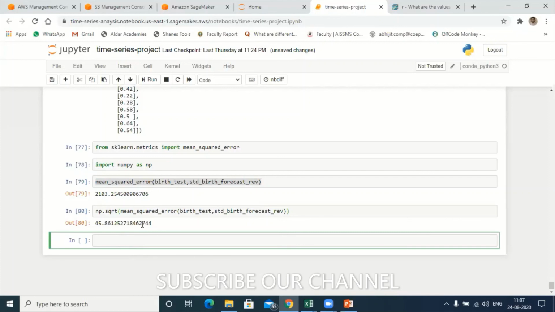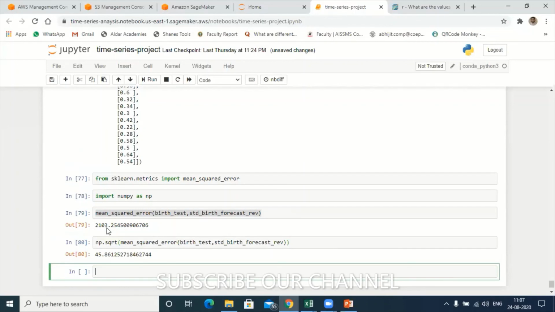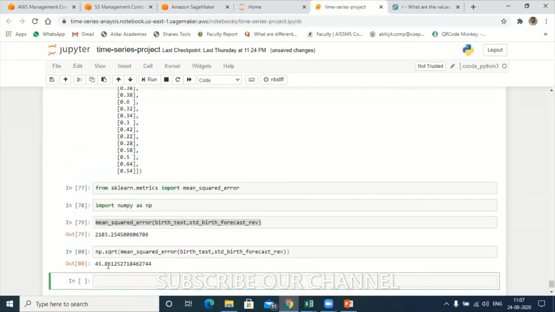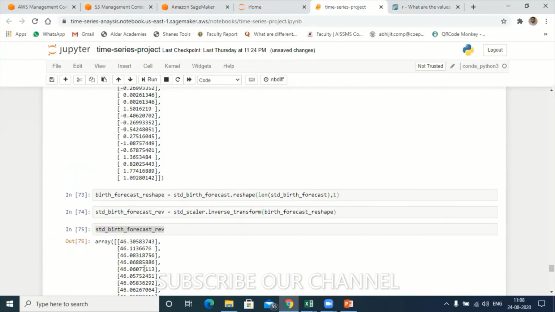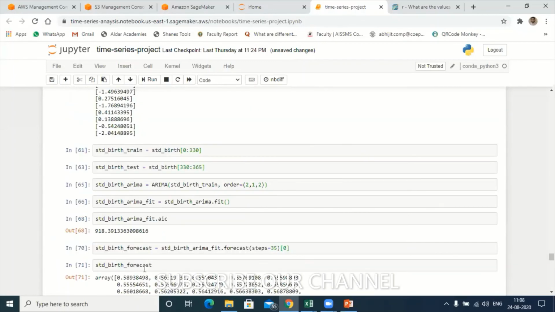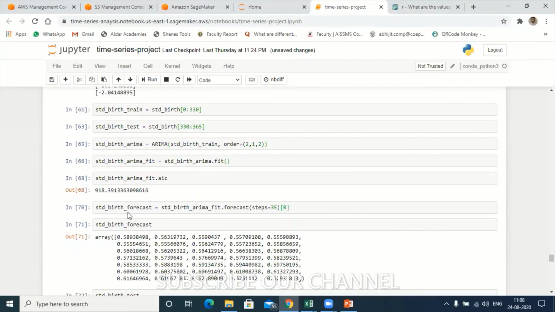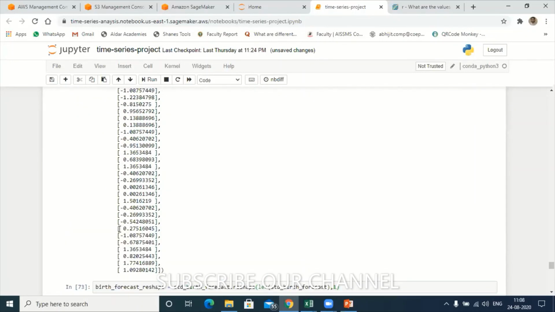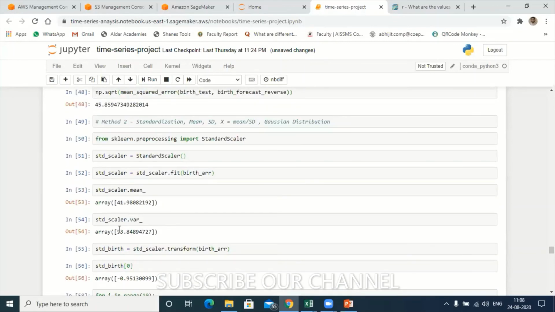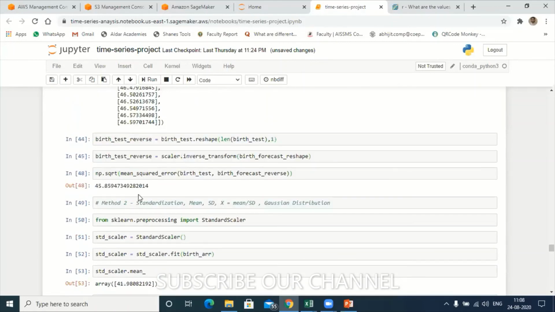This value we are getting using the standardization technique, 45.86. Similarly, for the normalization technique, where is it? Fit model. Not this one. Hold on. We're getting this one, 45, right?